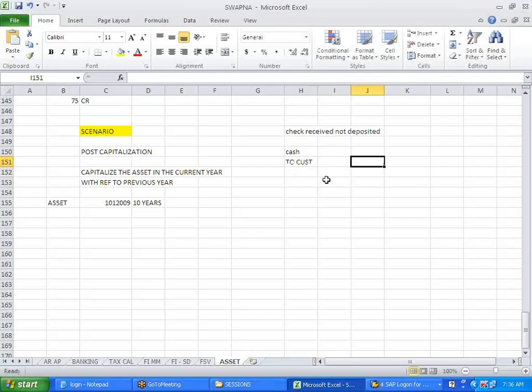But once this check is deposited, it has gone to the bank, right? Bank to cash. So what is the contra entry over here? At the same time, it's getting deposited, I mean cash and cash, like so. This is the contra, simultaneously. This is called a contra entry. Okay?